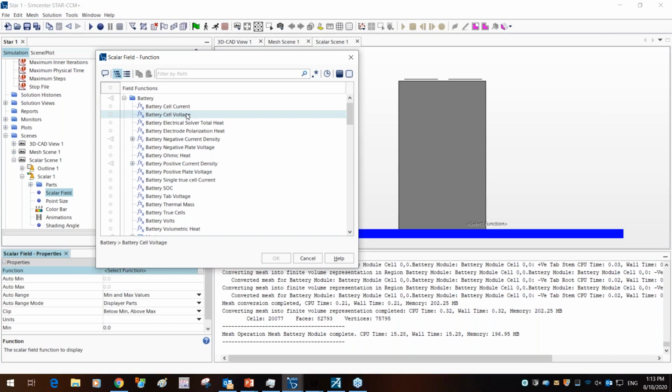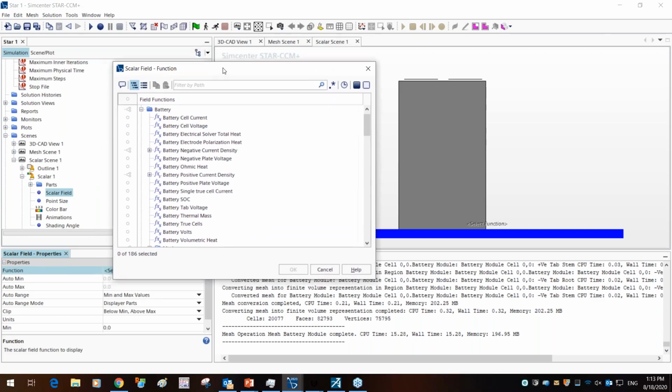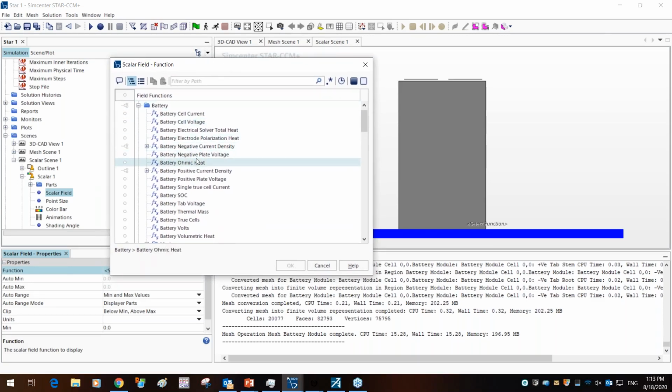These get unlocked the second you turn on the battery. Apologies, I think there was an issue with my audio prior to this. For those who were watching, the only thing I'd like to mention is that we created a scene to visualize the volumetric heat. The scenes can be reached by looking at the scalar points out here or looking into the field function.